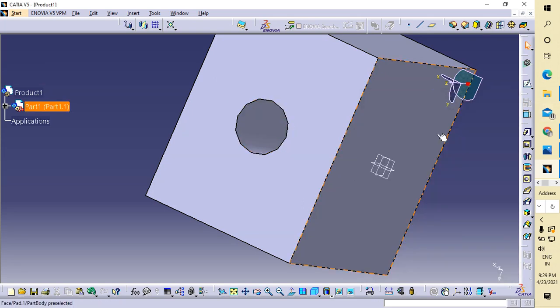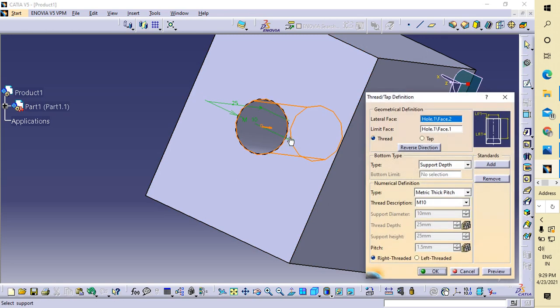Okay, by the hole command also. Okay, now the thread is not visible.